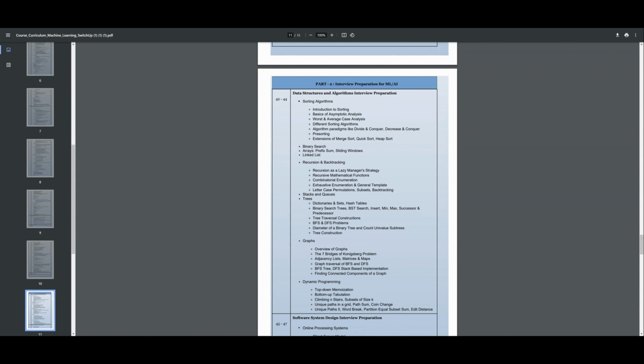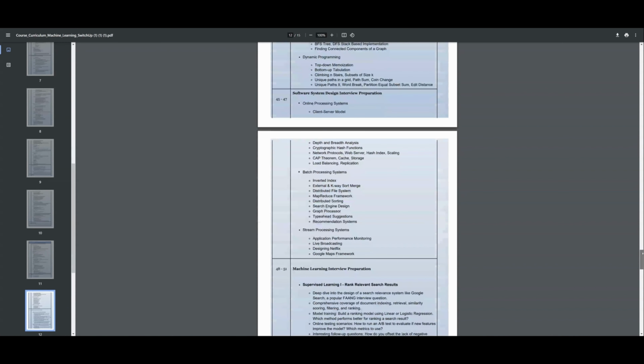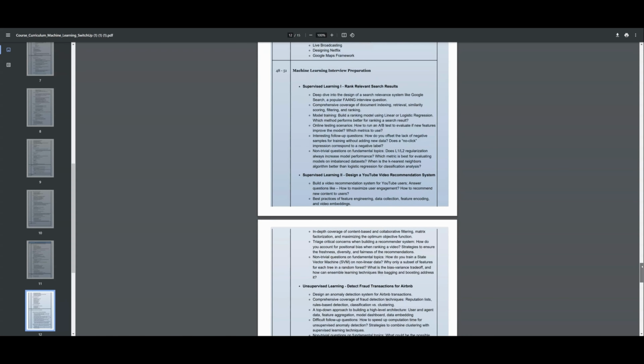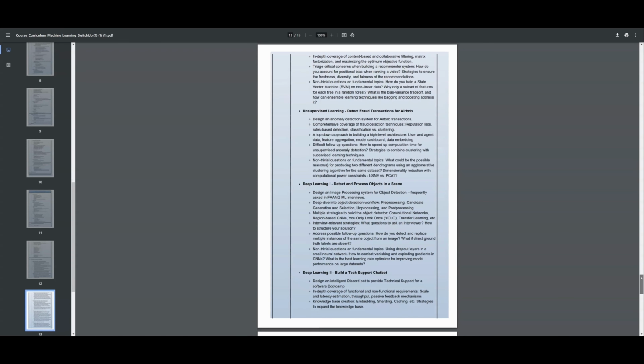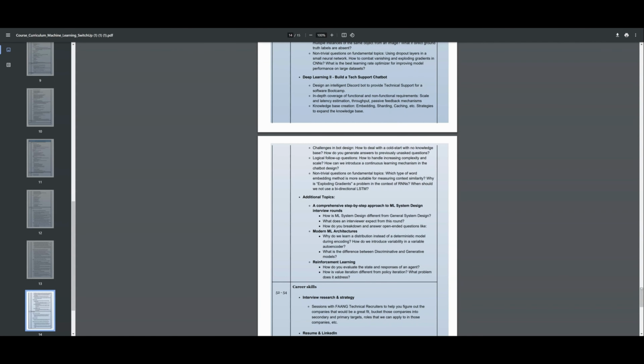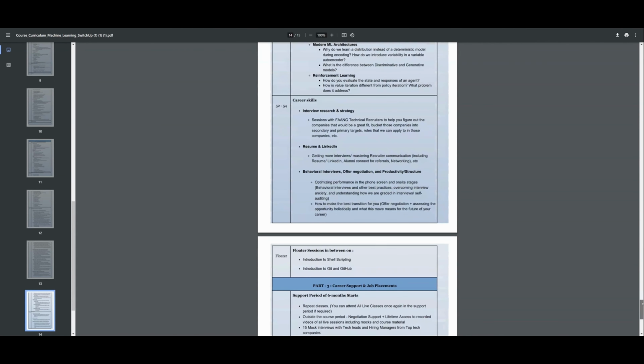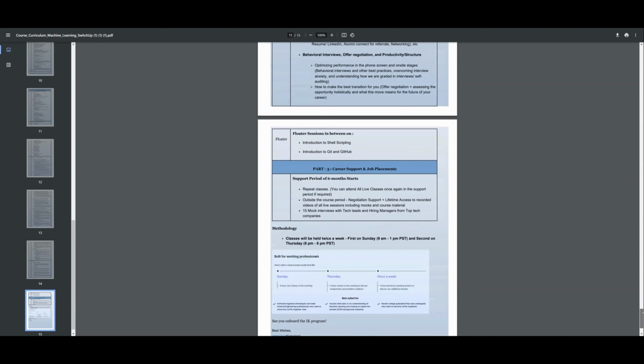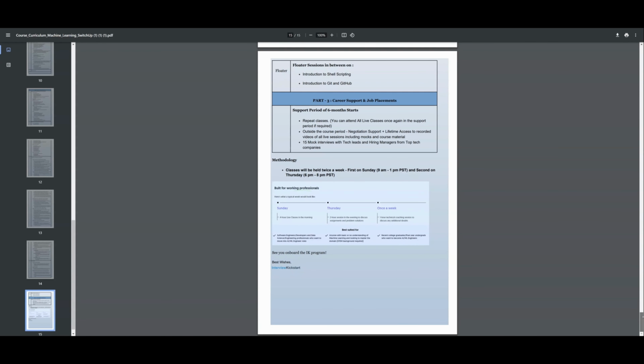Part 2, named Interview Preparation for MLAI, is the next 13 weeks, which is 3 months. First 3 weeks, Data Structures and Algorithms Interview Preparation. 3 weeks for Software System Design Interview Preparation. 4 weeks, Machine Learning Interview Preparation. 3 weeks, Career Skills. Part 3 is named Career Support and Job Placements, and this is after the full year